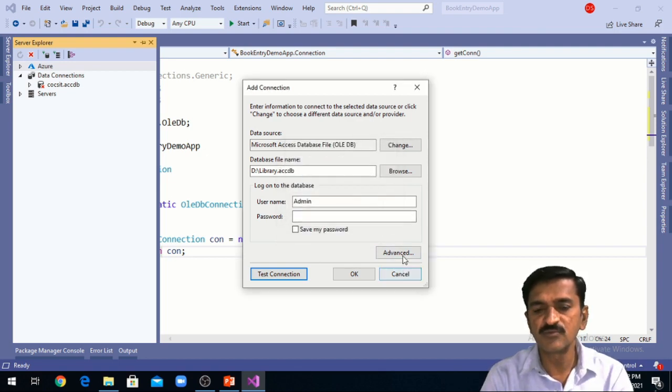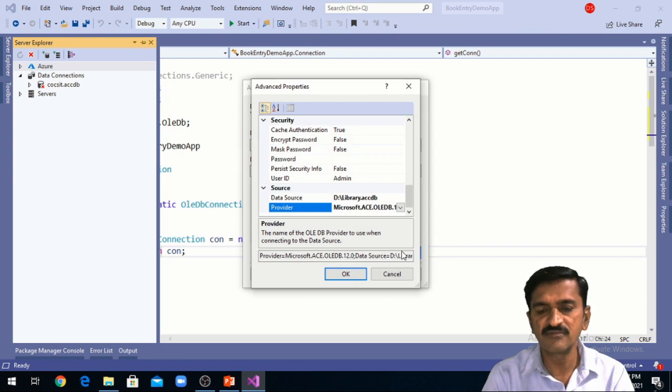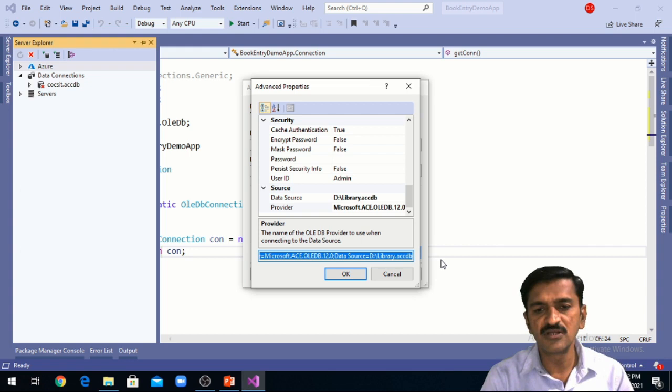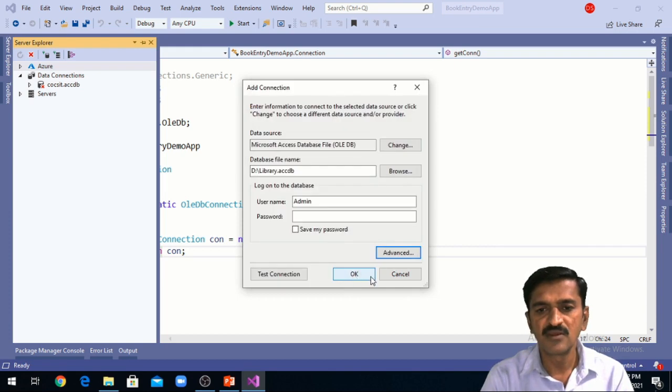After that I am going to click on this advanced button, and we can find here the connection string. I am going to copy this connection string from here, simply using Ctrl C, and after that I am going to click on OK. Here you have to click on OK.